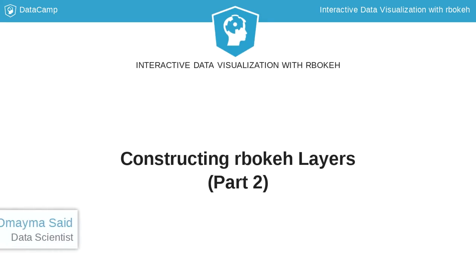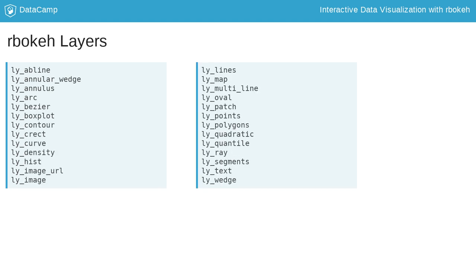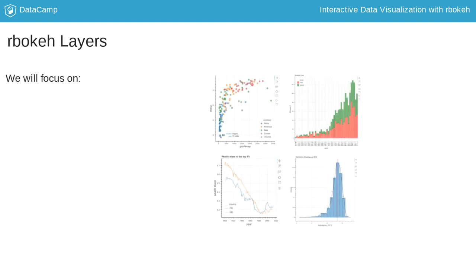Now that you have become familiar with the concept of layers in rbokeh and how the plots are constructed, let's see some more layers. rbokeh provides a wide variety of functions which are also known as layers. Basically, all the layers start with ly_ followed by the type of the layer. In this course, we will focus on some of the most common layers, mainly the ones to create scatter plots,